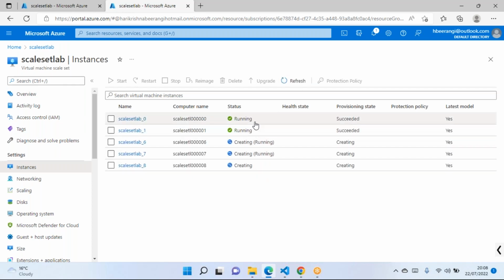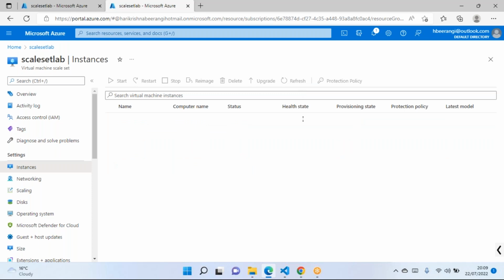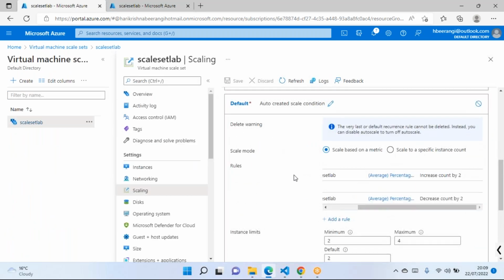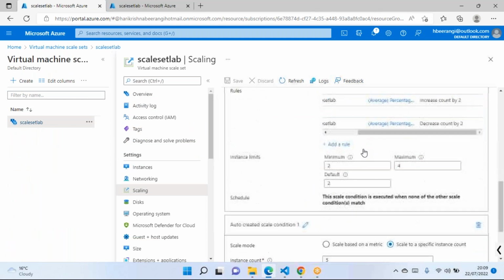And you can see that the 5th VM is also getting created because now we have hit 8:11 p.m. India time. Okay, so you can see clearly, and within a few minutes all the machines will be up and running. Now we have got 4 machines and one more machine is getting added. So it means in addition to the rules that we have here as part of the scale sets based on metrics, you can also proceed with